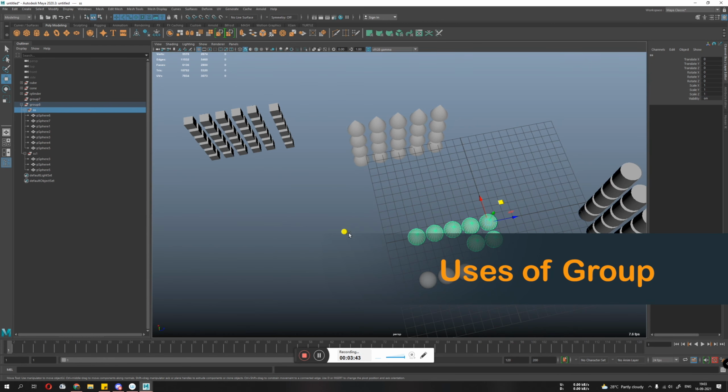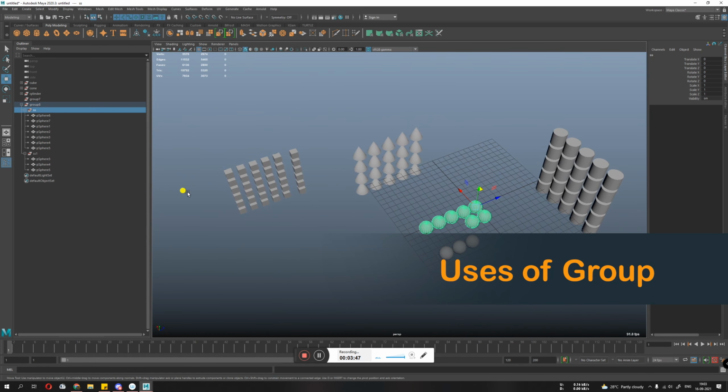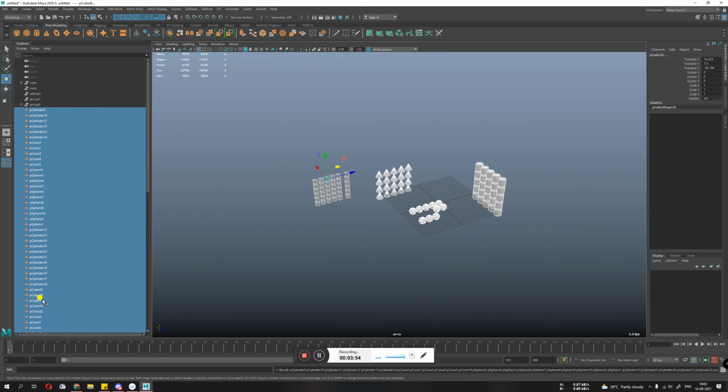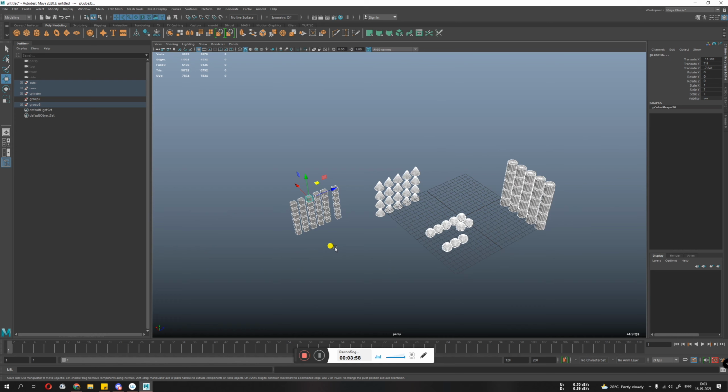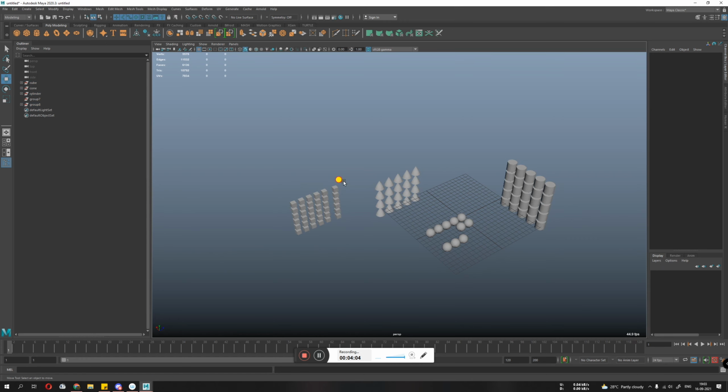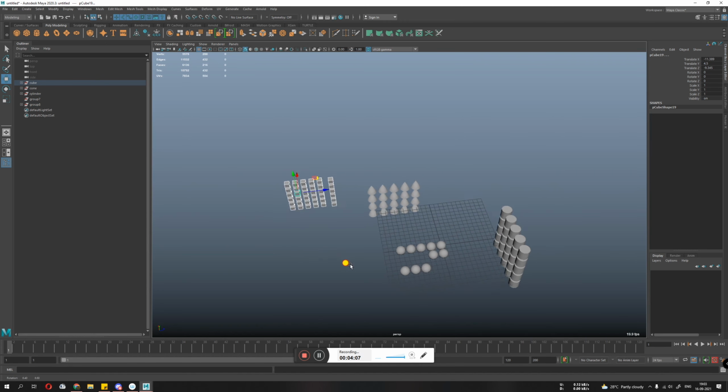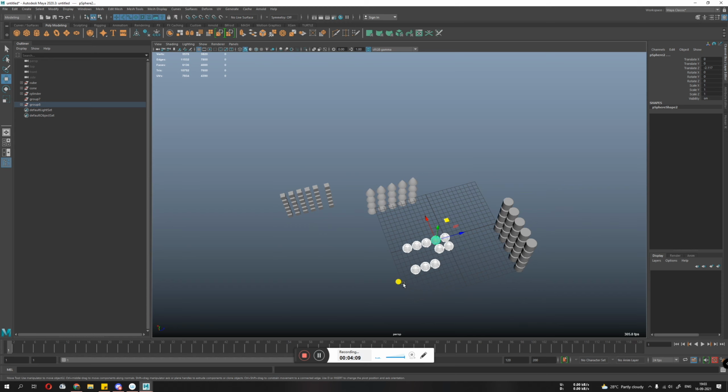What are the uses of groups? You can organize your scene. If you see, there are a lot of objects. If I ungroup everything, you will see in the outliner there are a lot of objects. I just undo. First, it helps to organize your scene. Second, it's used a lot in rigging. You need to create sub objects, subgroups, sub pivots, rotation, animation. You use it a lot, almost everywhere.